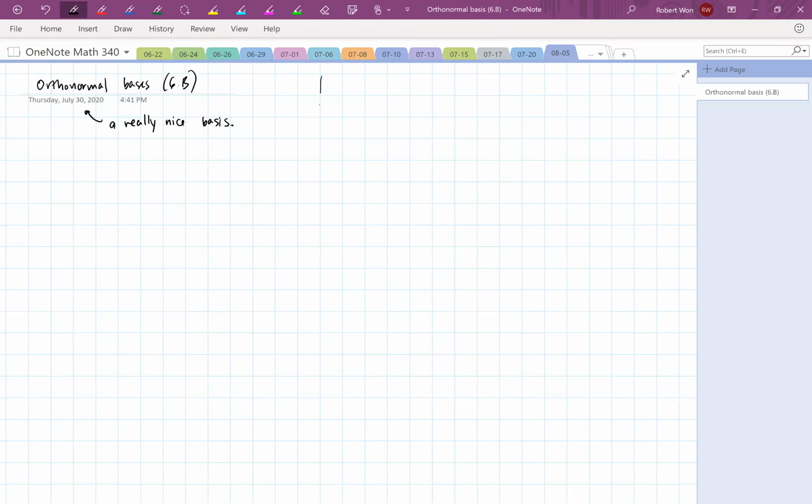So the standard basis of Rn, let's say of R2, consisting of this vector and this vector, there's other bases of R2, right? Like you could take this vector and this vector. But the fact that in the standard basis, these basis vectors are perpendicular is really nice for a lot of reasons. If you move in the direction of one basis vector, then you're not changing at all the direction you're moving in the other basis vector in some way, right? So I'm being a little bit vague here, but orthogonal, the standard basis, one thing that makes it nice,